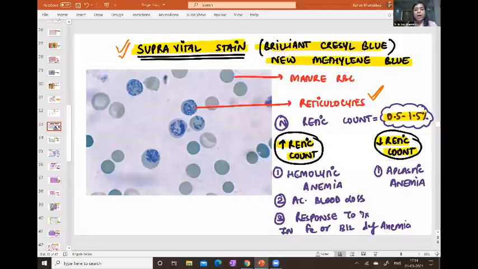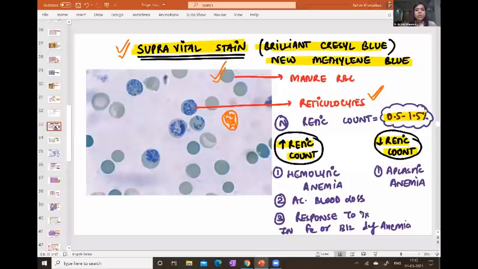So when I have these reticulocytes, what I am seeing in this, can you appreciate this bluish meshwork which is there inside? This bluish meshwork is actually the RNA or the histones which get stained. You all know that RBCs are non-nucleated, right? But this meshwork appears in a reticulocyte. So these cells which I see here, they are mature RBCs, and these cells are the reticulocytes.